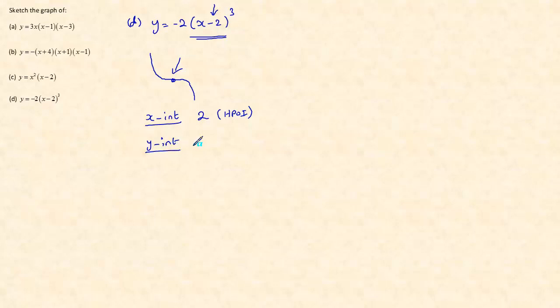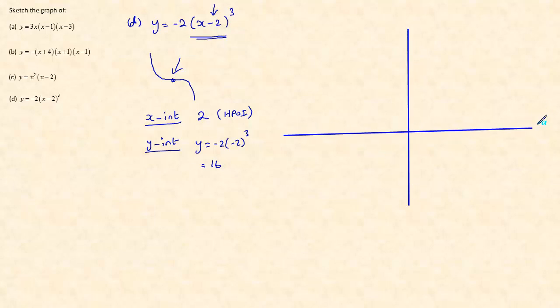And the y-intercept, when x is 0, we'd have negative 2 times (negative 2) cubed, which is negative 2 times negative 8, which is positive 16. So x-axis, y-axis, we know there's going to be an intercept here, there'll be an intercept up here, and we know the shape. It's going to come down, it's going to go flat here, we're going to have a point of inflection, and then it's going to come downwards like so, and this happens at 2, and this happens at 16,